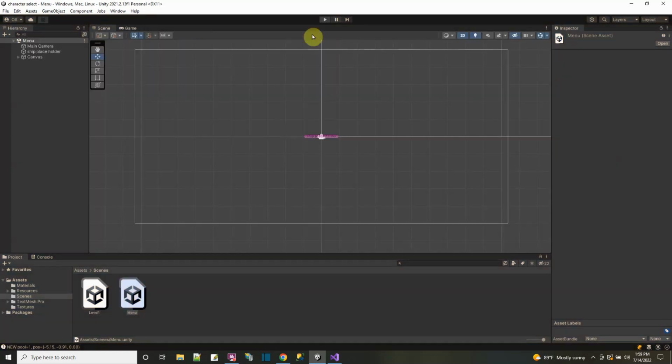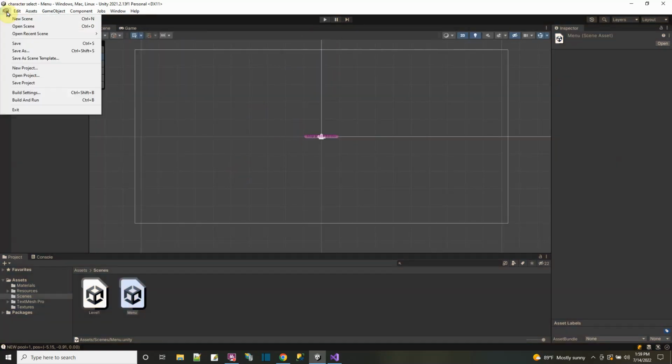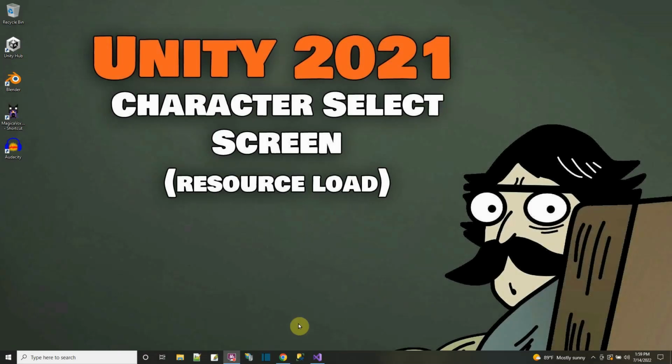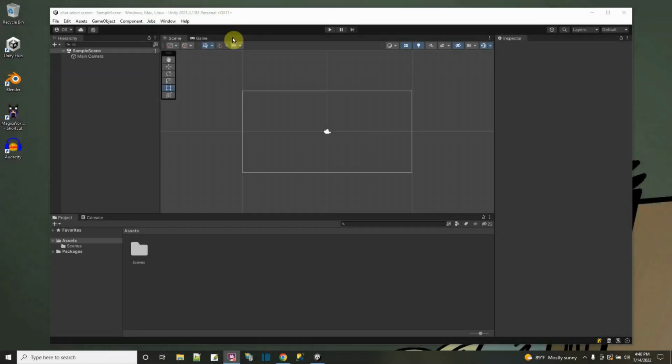So let's do it together, and we'll do it from scratch, so I don't skip anything that you may have a question for. I'm going to do it right from scratch. So let me exit this and start up a new Unity project. Okay, so we got the brand new 2D project, and here we see this outline of what the game screen